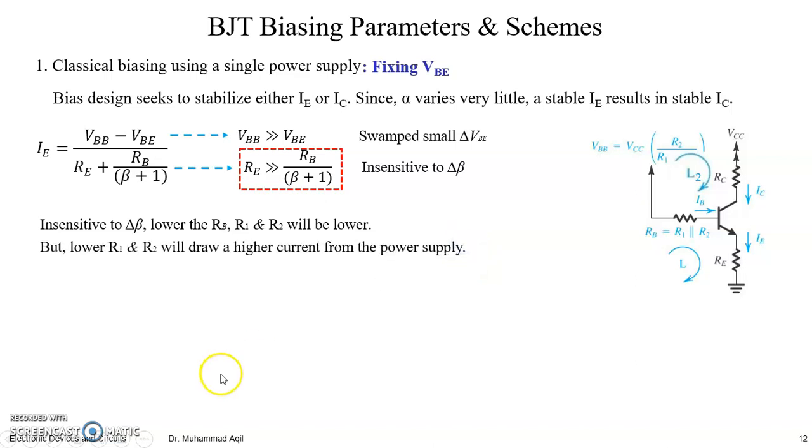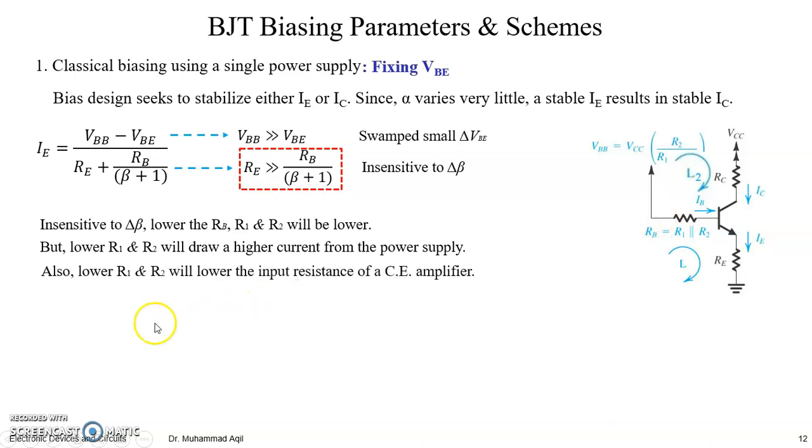Yes, reducing R1 and R2 means we will draw more current from the power supply for nothing. It just passes through, just to make a VB across the R2 resistance. And by lowering the R1 and R2 values, we are actually reducing the in